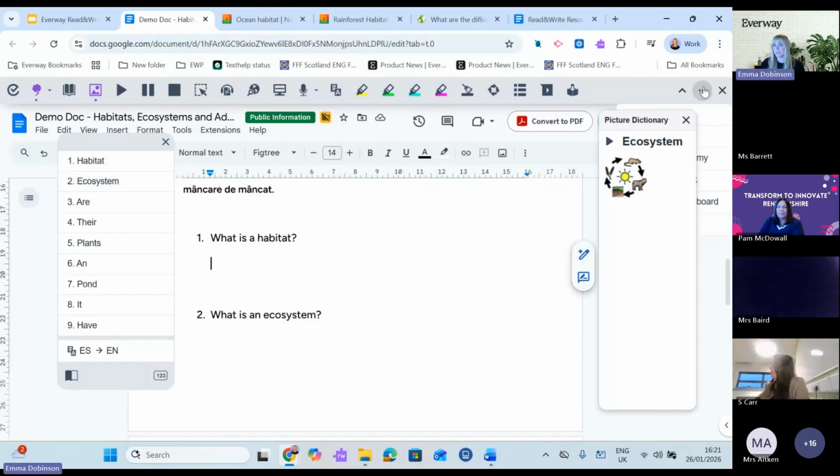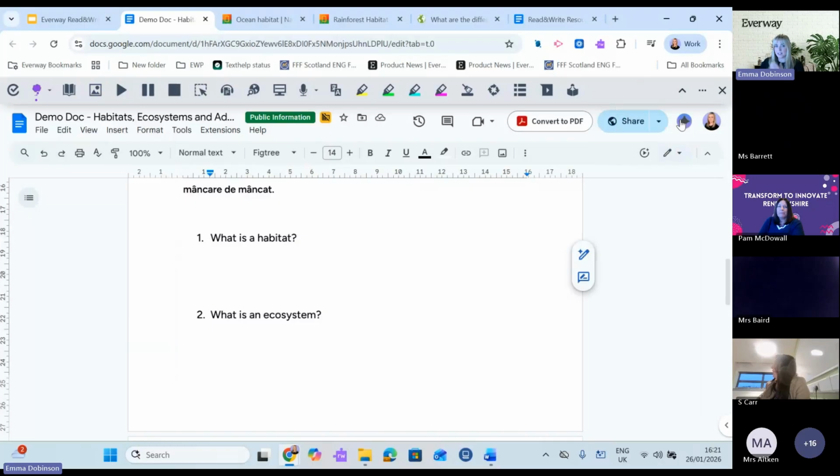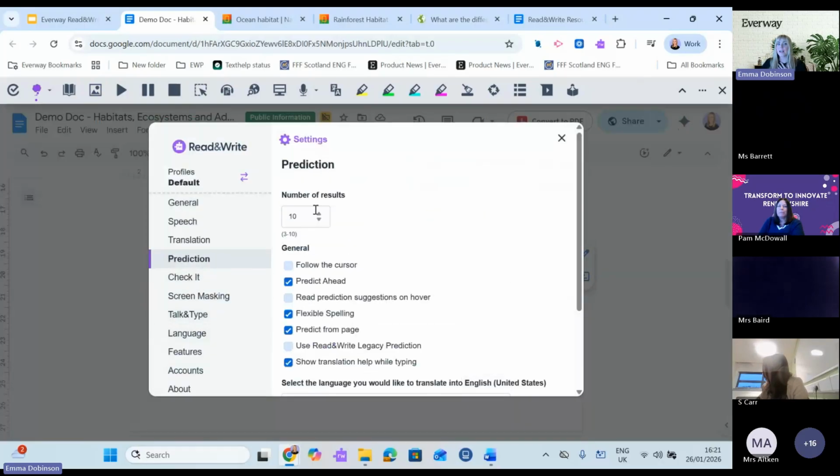Before I start building my sentence, just to show you in the settings for prediction, I can change the number of results that I get, that the child gets. It goes all the way up to 10 or all the way down to 3. I usually find 7 or 8. I actually recently kept saying 6 or 7 on my sessions, and whenever I did that with kids, I'm sure you can all imagine what the kids instantly did. So now I don't do that anymore. I now say 7 or 8 is the sweet spot. I've been tripped up with that a few times recently. I'm hoping that fad phases out very soon, but I'll have it at 10 just now to show it in